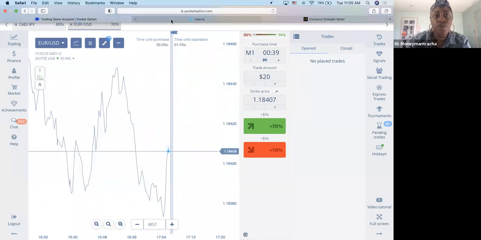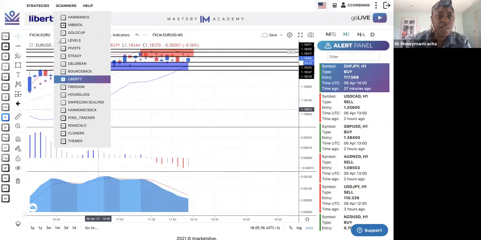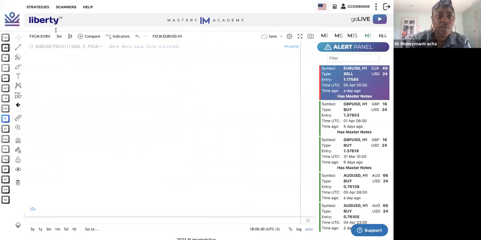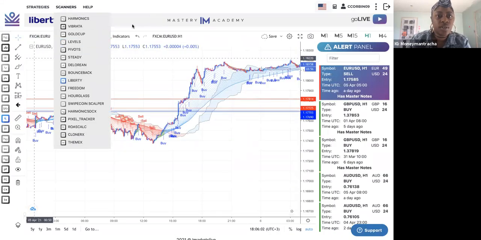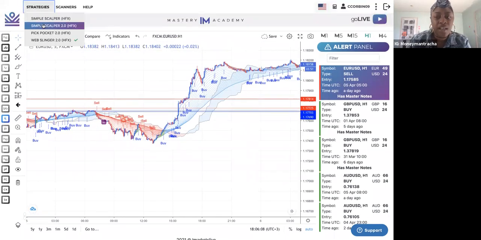So feel free to change your time frame, because the Liberty Scanner actually lets you analyze it on a 2-minute as well. So I'll just switch it to the 2 minutes so you guys can see how that would be, because the boxes actually stay. And then you can